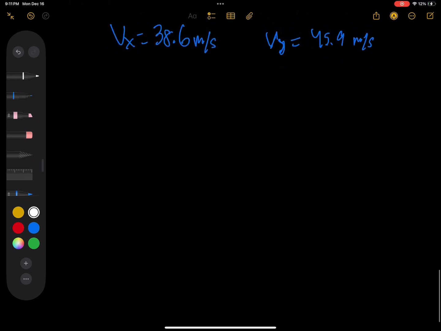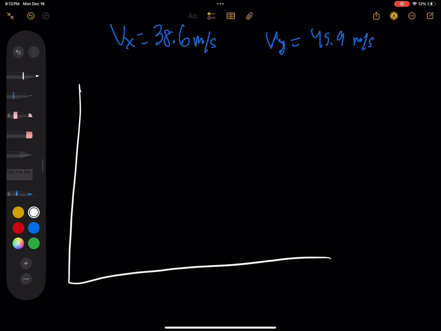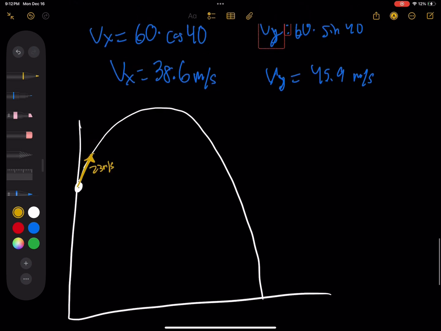So let's do another graph. I gotta make sure this one actually looks good, because I'm gonna try and do something with it. So we have our starting point here, and let's say that this is going to be equal to 23, right? Close enough. Technically, it's 22.98, but 23 here. And so our components are going to be 19.6 and 12,